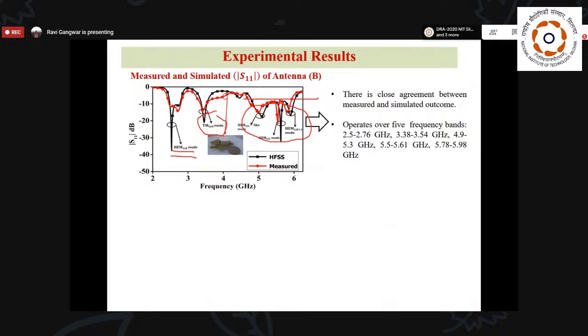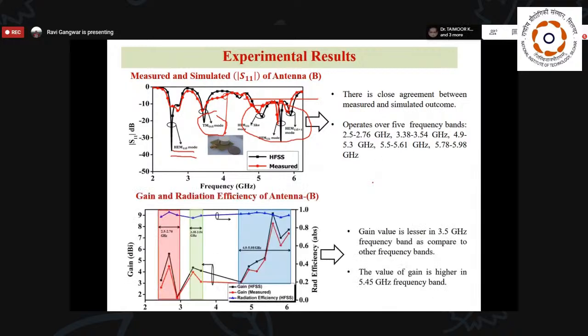Here, if you want to go for multiband generation, then you have to choose the modes which are physically separated from each other, so that we are able to get 3 or 4 different bands. If they are very near to each other, then the mode merger concept comes into the picture, and we are able to get a wider band structure or wider band response.